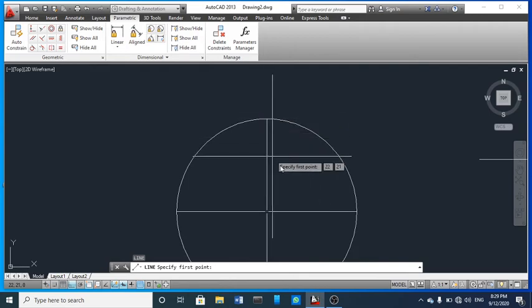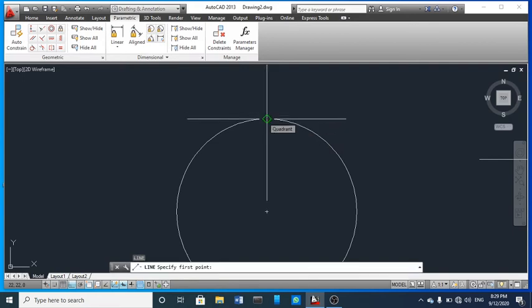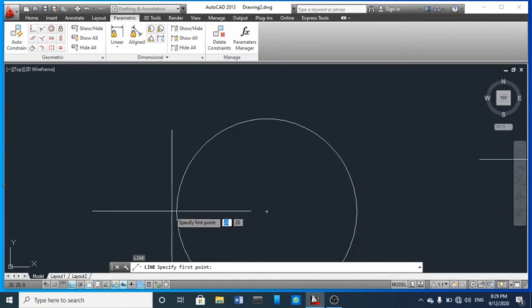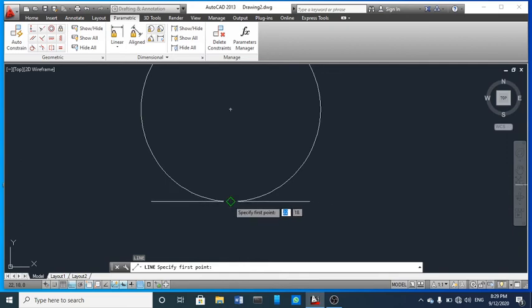Once you delete all this, because of overlap, I am going to show you this is quadrant, fourth quadrant. Here you can see quadrant, and here you can see quadrant. So this is also quadrant. Okay, so